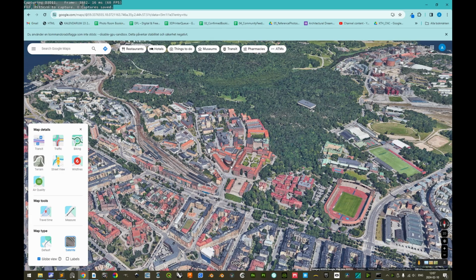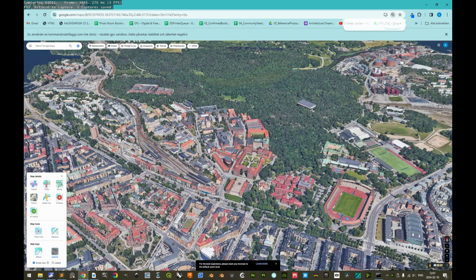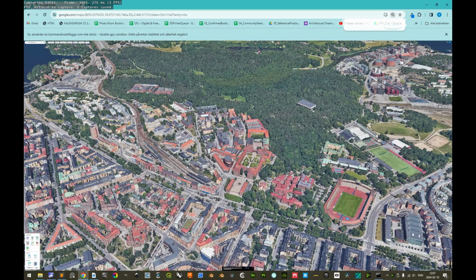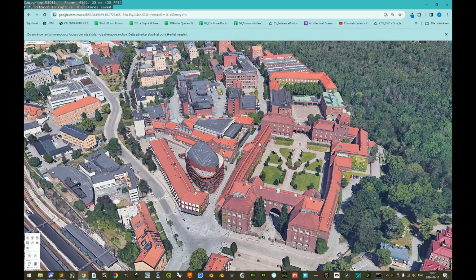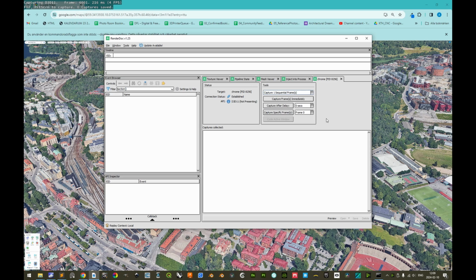These are different levels of detail, so LOD levels, and in essence they are different meshes for different zoom levels. But by changing this browser zoom with Control and minus, we can force Google Maps to show a much higher resolution mesh than the one that would have been shown at a different zoom level. And then we can Alt-Tab back into RenderDoc, and what has worked most consistently for us is that